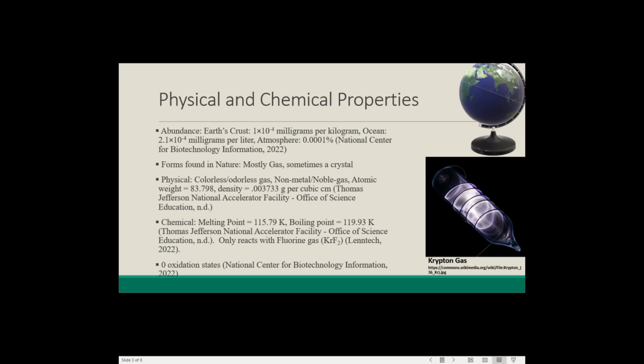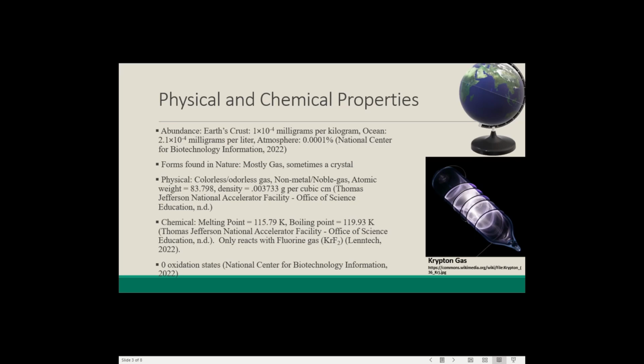Krypton has a melting point of 115.79 kelvins and a boiling point of 119.93 kelvins. Krypton gas reacts only with fluorine gas, and compounds other than krypton difluoride, which is prepared in only gram amounts,